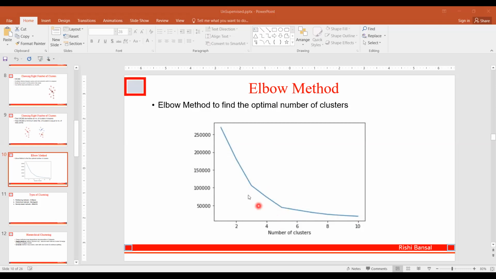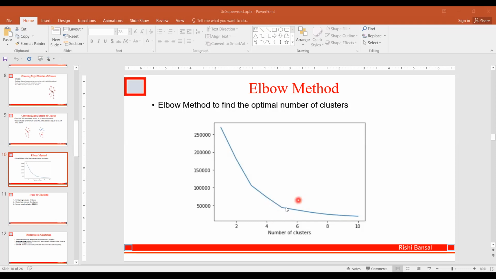If you increase the number of clusters, WCSS will keep on falling, so you will choose that number for which the drop in the WCSS value is not that big. That point comes here as n equal to 5, because beyond 5, if you go to 6, there's not much difference. So this is called the inflection point.